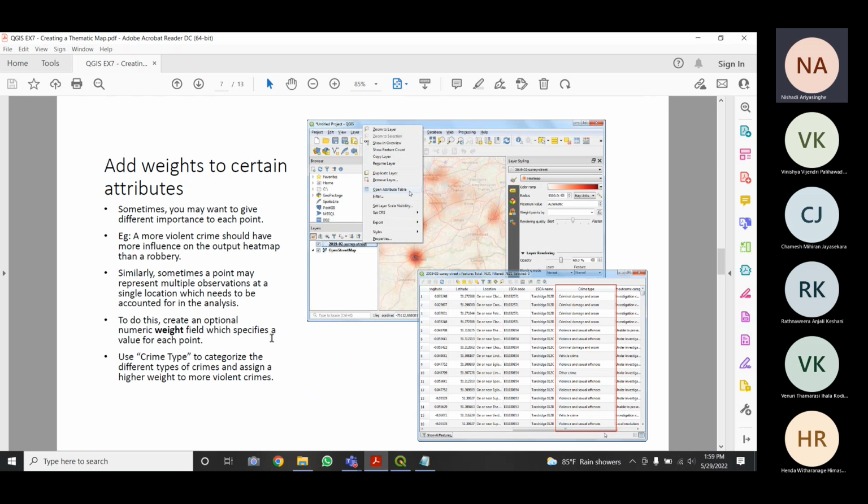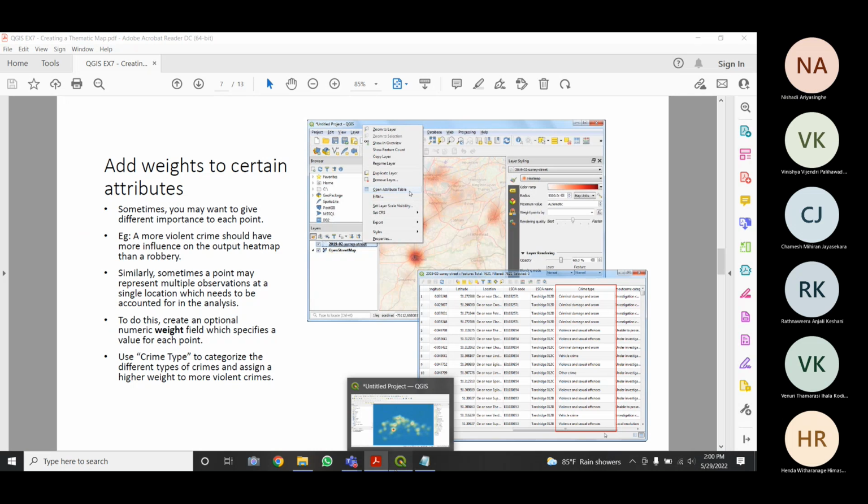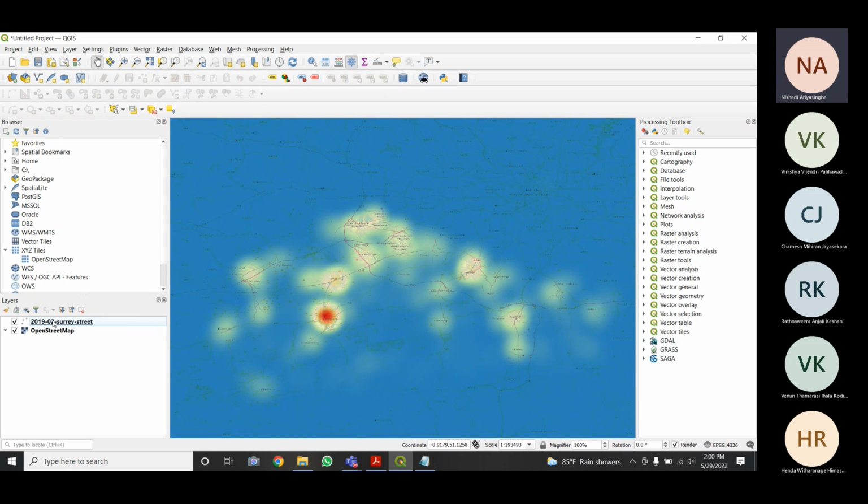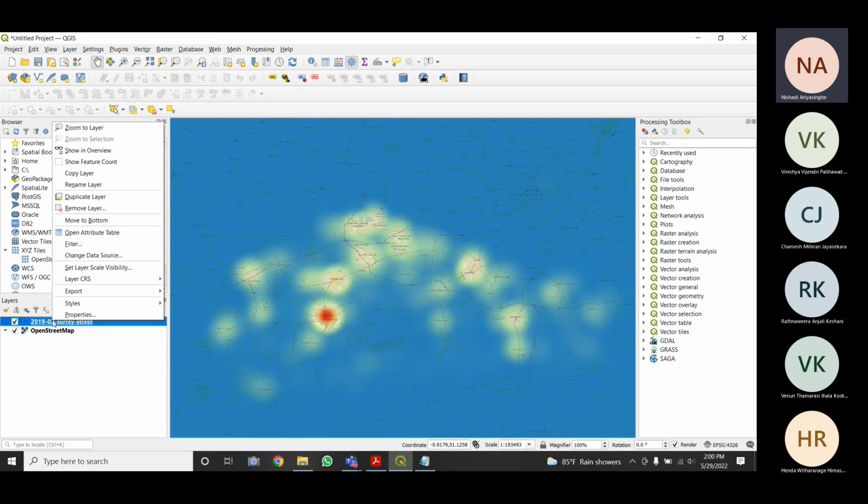So sometimes, when you are collecting data, there can be many types of data. You might be required to do some kind of analysis, but not all the data will be relevant for that analysis, right?